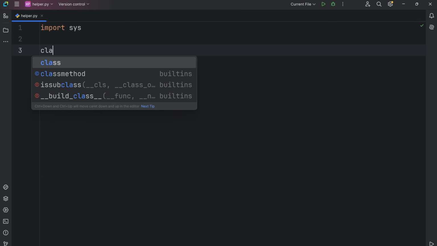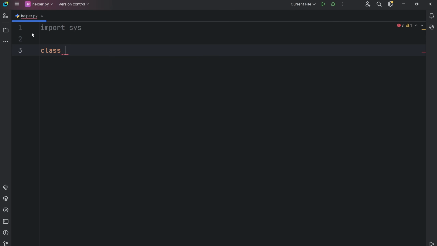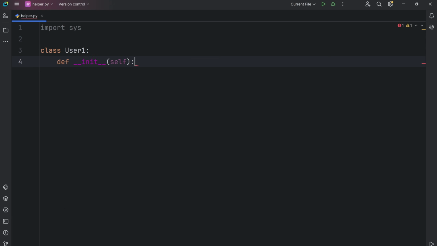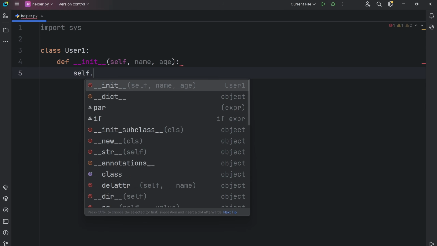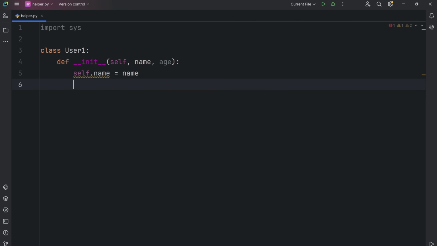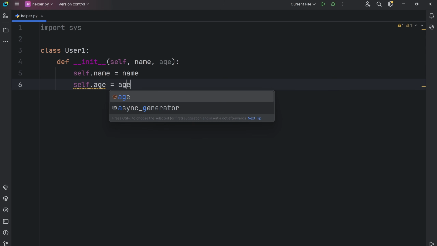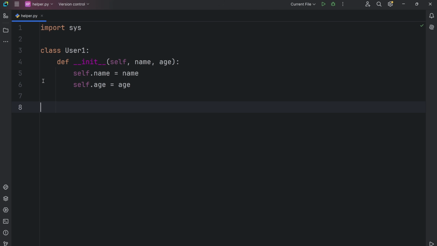Let's say I want to create my custom object. That is why I will create a class User1. And inside of this class, I'll create an initializer. This initializer will have two values, name and, let's say, age of my user. Then I'll create the attribute self.name to be equal to name and the attribute self.age to be equal to age. And this will work. I can now create, let's say, user1 and call User1, pass the name David, and age